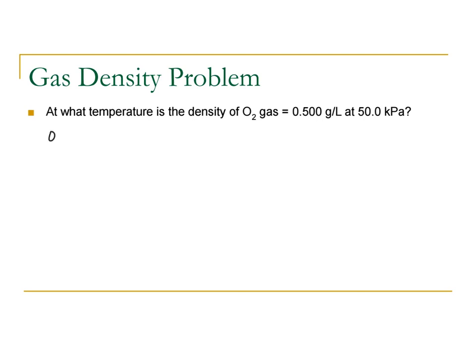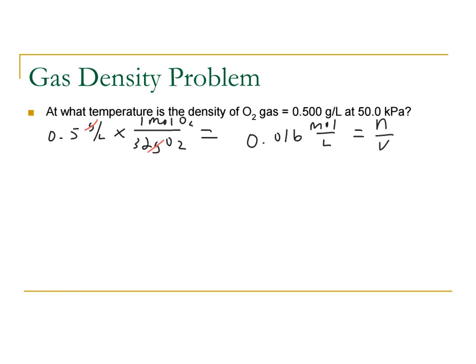All right, this one says, at what temperature is the density of oxygen gas 0.5 gram per liter? So I'll write that down at 50 kilopascals, where we're going to have to go backwards. So I'm going to write down my 0.5 gram per liter and divide it by the molar mass of oxygen gas, O2 gas, which is 32. So 0.5 divided by 32 gives me this value of 0.016. If I check what my units are, this is going to be in moles per liter. And remember, moles per liter is the same as that quantity N over V,